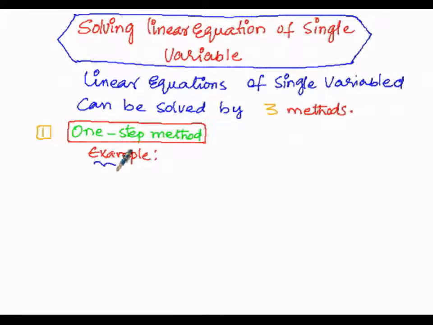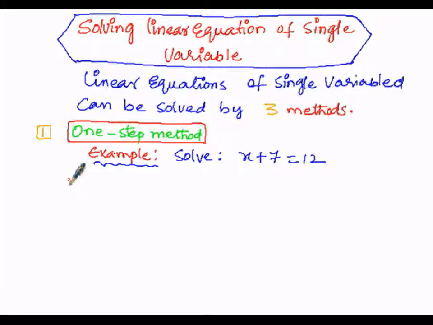Solve x plus 7 is equal to 12. In this equation there are two algebraic expressions. On the LHS is x plus 7, consisting of two terms in it. One is a variable, which is x, and the other is a constant. Then on the RHS there is only a single term, that is a monomial. So this equality has one variable, that is x. So it has only one step in order to find the value of that variable which satisfies the entire equation.